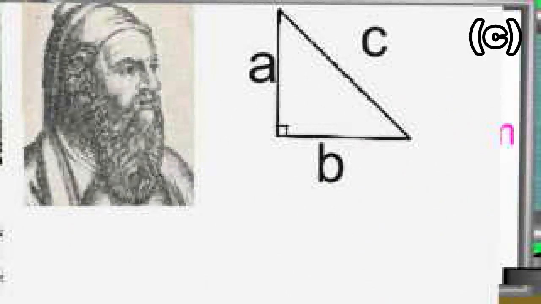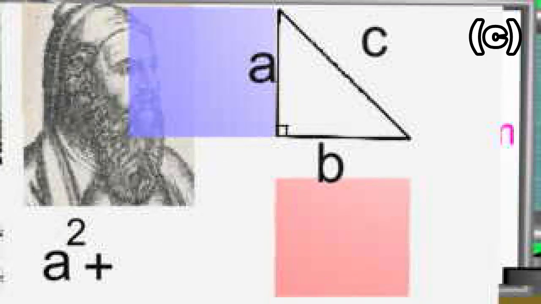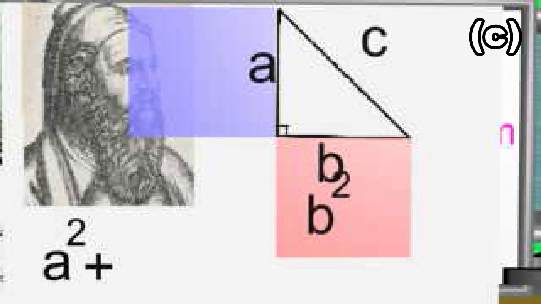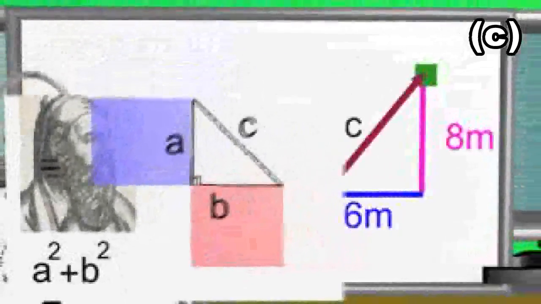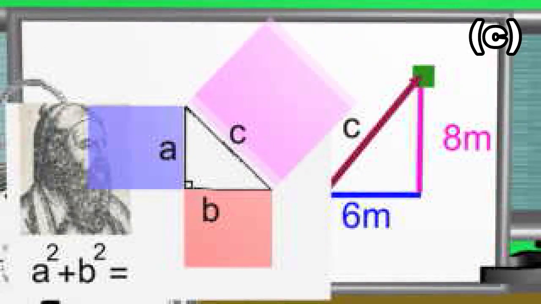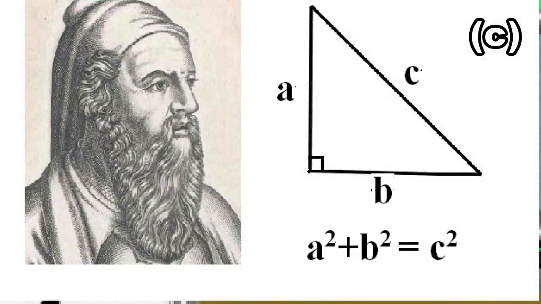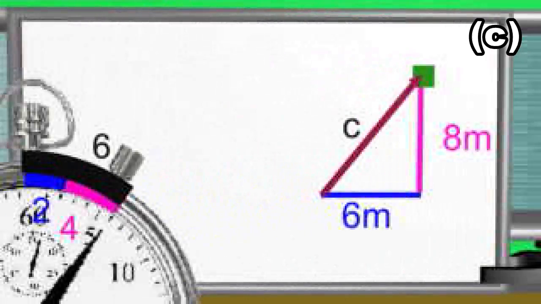This theorem says the sum of the squares on the legs of a right triangle is equal to the square on the hypotenuse. Please see carefully. So we have